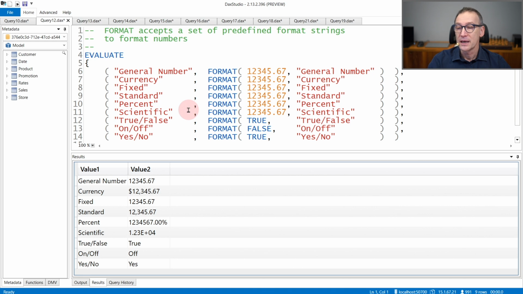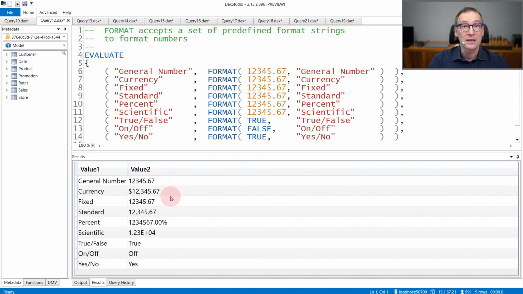Let's start by looking at how to format numbers. When it comes to formatting numbers, you have a set of predefined format strings, predefined commands that you can use. These appear as names, so general number, currency, fixed. These are all strings that represent an automatic formatting. General number just provides the number with the decimal separator.